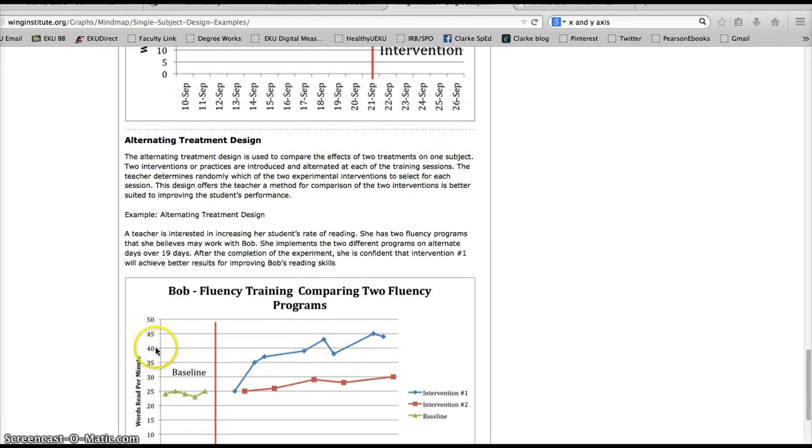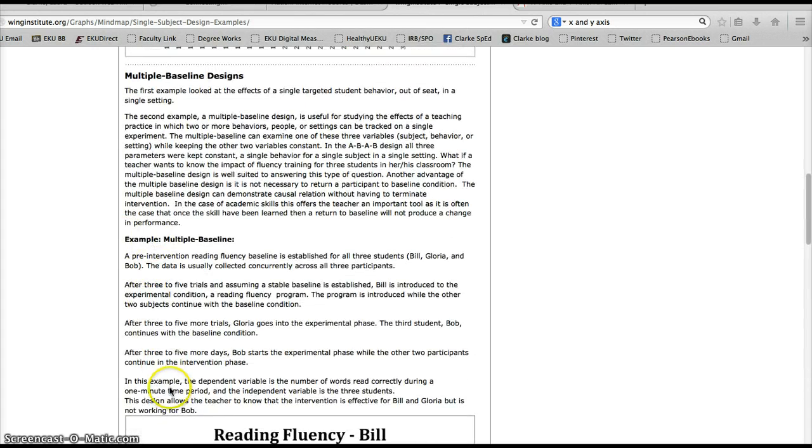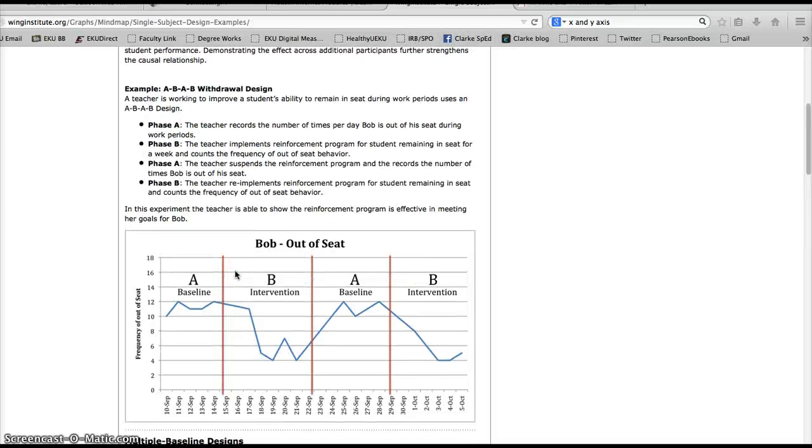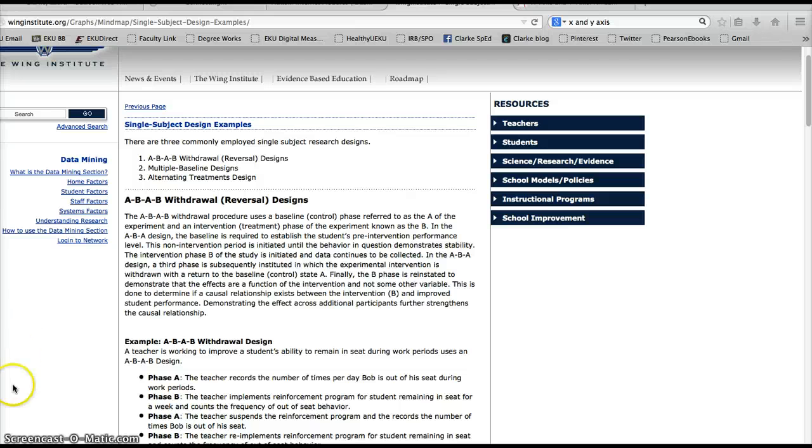I hope this helped you understand a little bit better several of the most common designs. We'll talk more about them, but this is definitely something you can think about as you're looking at your own behavior change project for class and as you start looking at teaching and what kind of projects you'll be doing